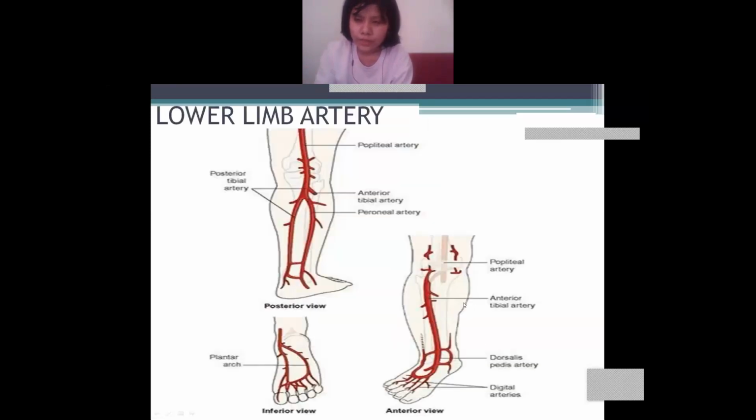Okay, so let us see now the anterior side. In the anterior side, this is the tibia. Here is the popliteal artery we have already discussed. So this is the anterior tibial artery. What comes from the anterior tibial artery? It lies in between the tibia and fibula. This anterior tibial artery lies in between your fibula and tibia. Let me show you again.